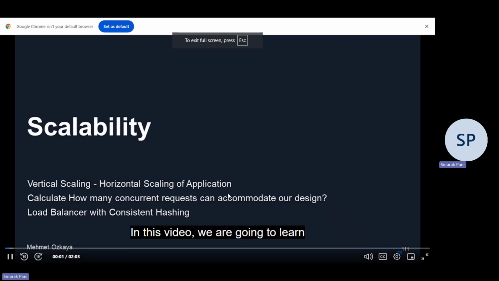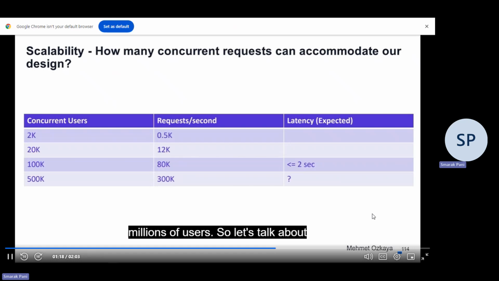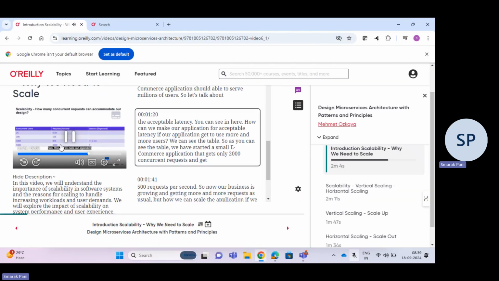In this video, we are going to learn scalability, learning vertical scaling and horizontal scaling of the application, and e-commerce domain non-functional requirements. So let's talk about the acceptable latency. You can see in here, how can we make